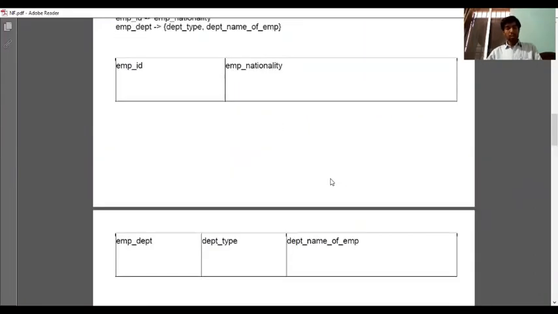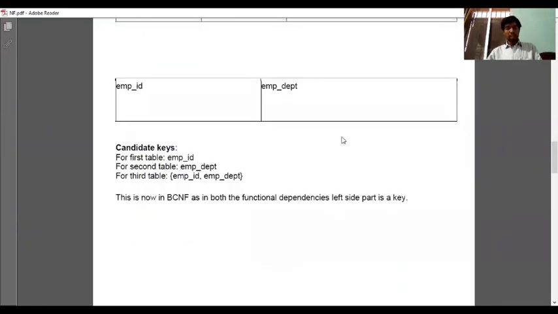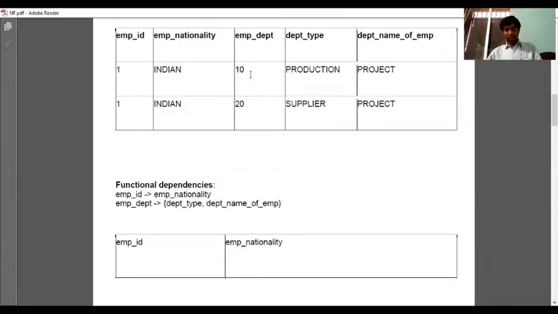So we decompose into three tables, and in these three tables, the candidate key in the first table is EMP ID. For the second table, EMP department is the candidate key, and in the third table, the combination of EMP ID and EMP department is the candidate key, because the EMP ID is 1 and EMP department is 10, and in the second record EMP ID is 1 and EMP department is 20.